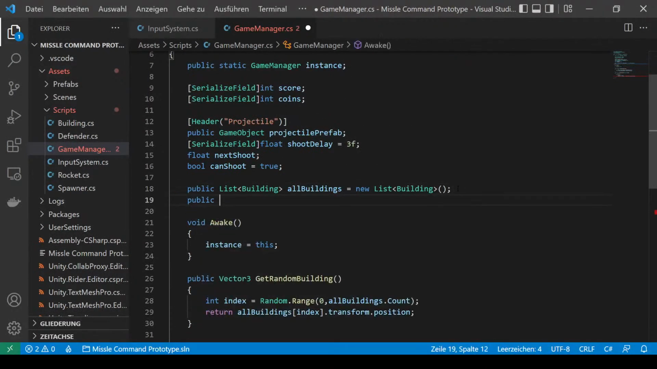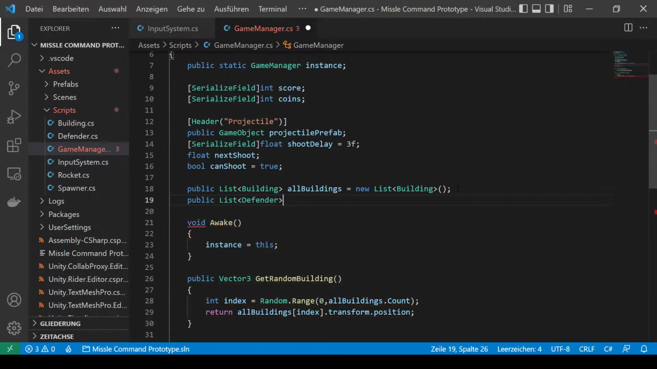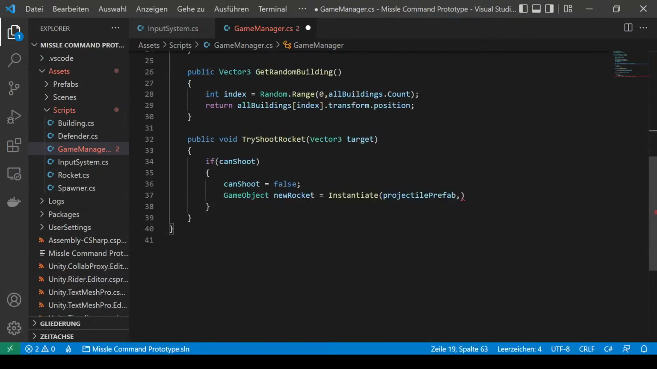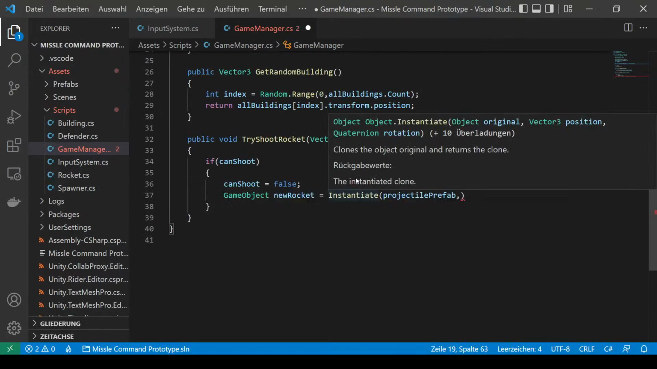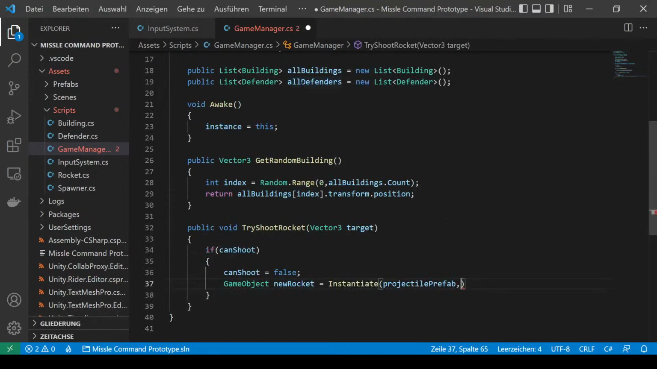So we can say public list of type Defender, which is going to be our upgradable buildings literally. We're gonna name it allDefenders, or defender list, equal to a new list of Defender. Buildings are not defenders, due to the hierarchy I just built up in the last video, or in the last live stream. Now we're gonna pick a random defender, at least for the moment, and shoot a missile